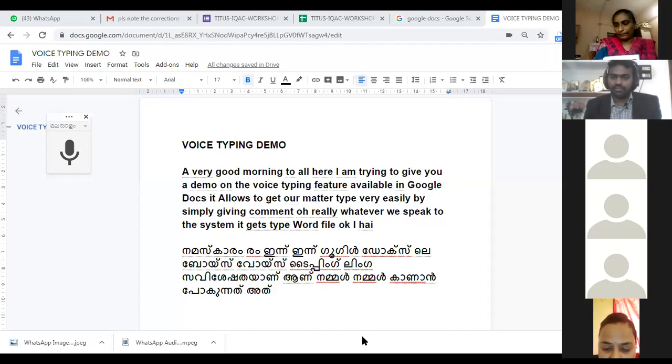Sir, though it was a very interesting session, I would like to know what the maximum limit of the typing is, sir. It's unlimited. And when we type both Malayalam as well as English, as you have shown, can we use them at the same time, sir? If you need multiple languages, when you type Malayalam, you have to choose Malayalam and start. After that, you stop. When you go for English, you choose the language English, then start, like that.